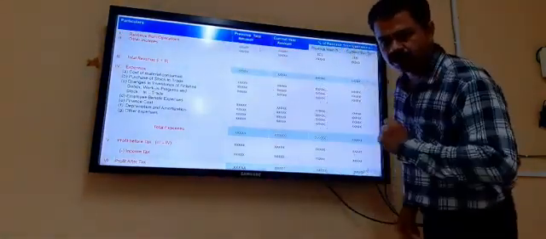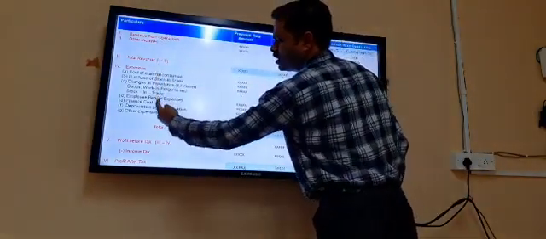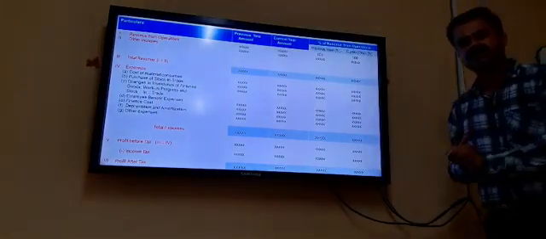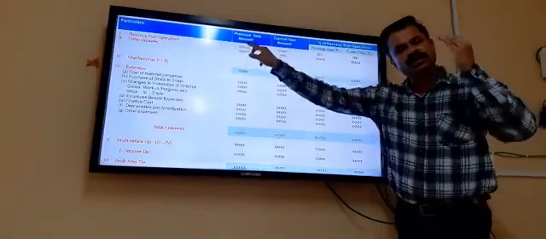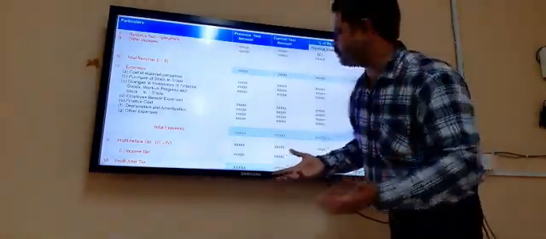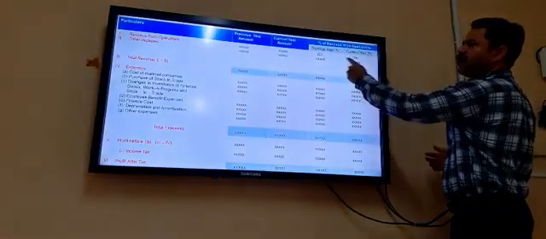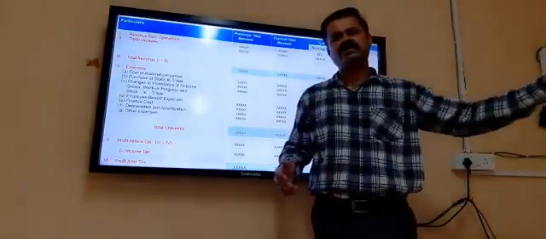Yes, the base will be revenue from operations. So what you have to do? You have to divide each and every item by revenue from operations and multiply by 100. For example, the first value is revenue from operations. So divide it by revenue from operations itself. So it will automatically be 100%. That is why I have written 100 here. It will always be 100. There will not be any other value.